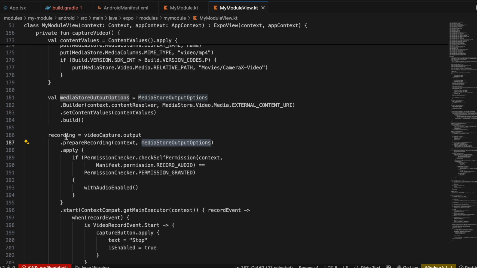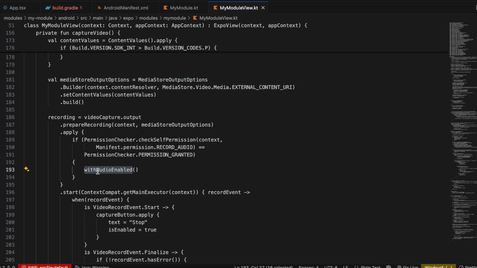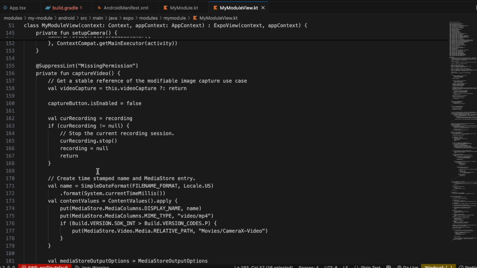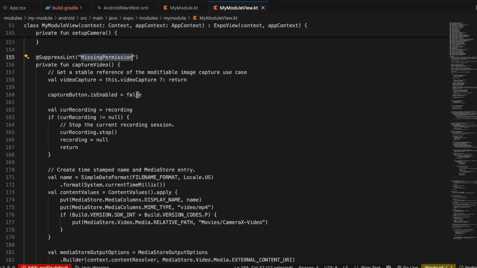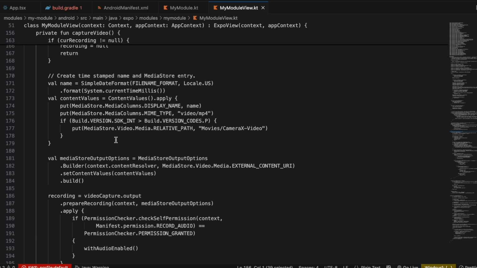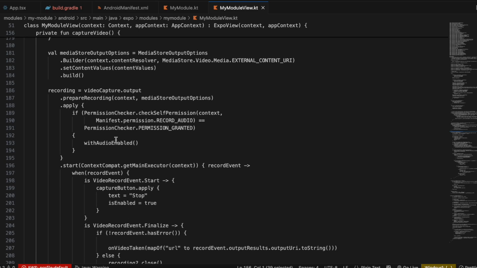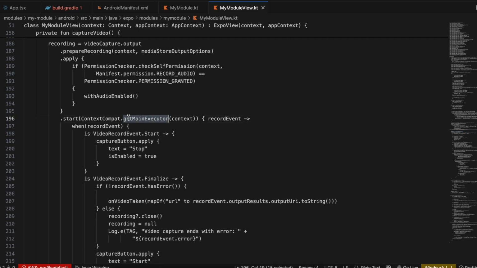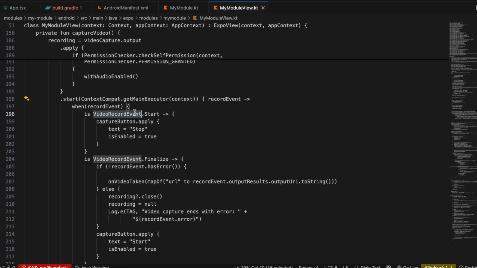So here we start our recording, and here we check whether we have the audio enabled permission as well. So here we have added this suppress lint of missing permission, because we are already checking this on the TypeScript side. So that's why the Android code was complaining. That's why I had to add this separate lint of missing permission. We are already checking for the permission on TypeScript file before calling this code, so we don't have to worry about this. Then here we start our main executor,